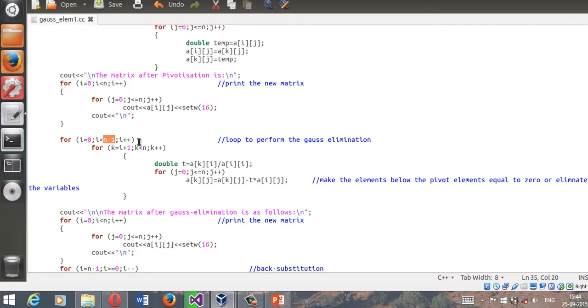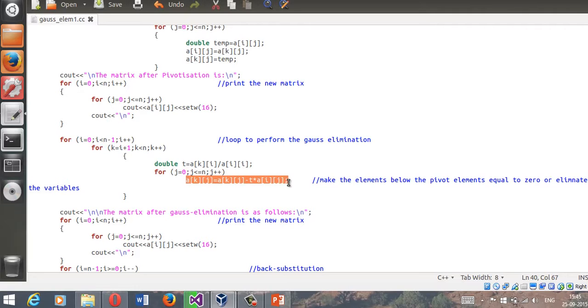Then you declare another variable that will go row wise, however it will be next to i, i is 0 and k is 1, and it will go to the last row. Then you declare a variable called t, which will be equal to a[k][i] divided by a[i][i], and then you start another loop for column elements, and then make the elements of the next row,